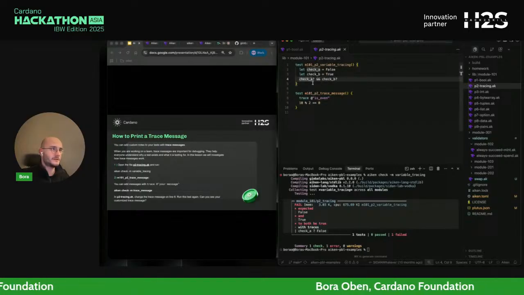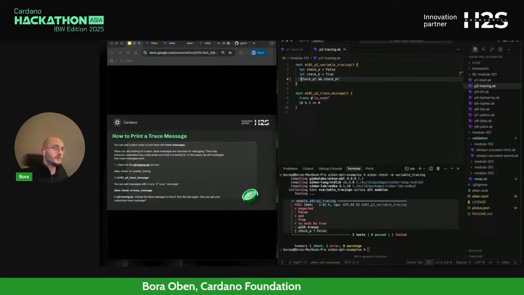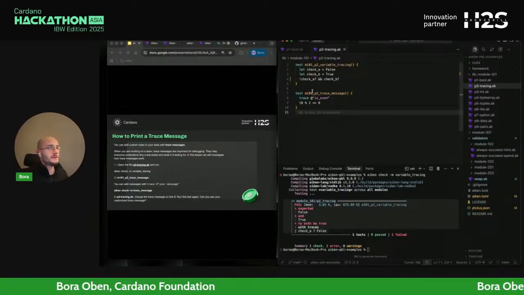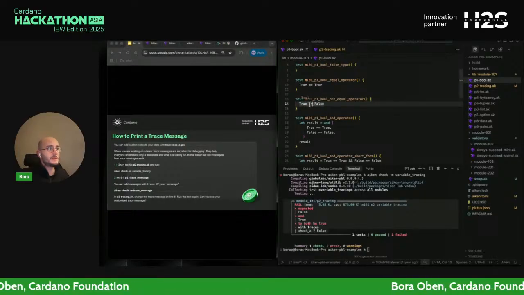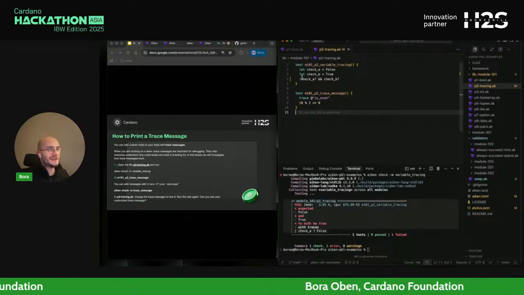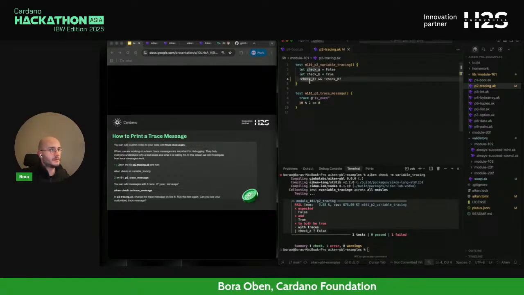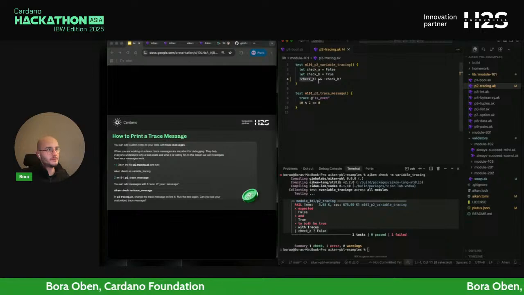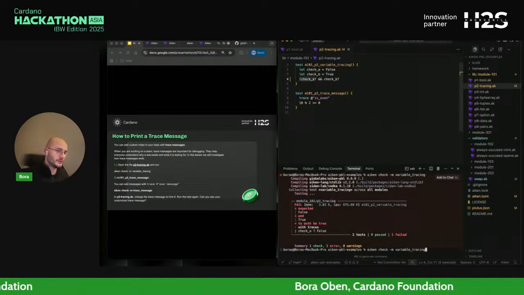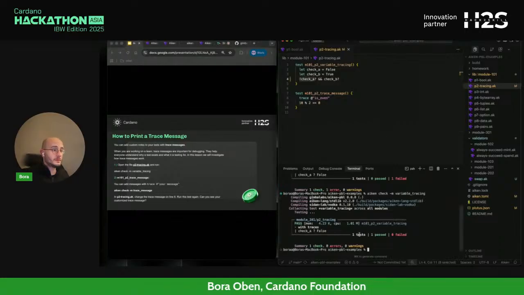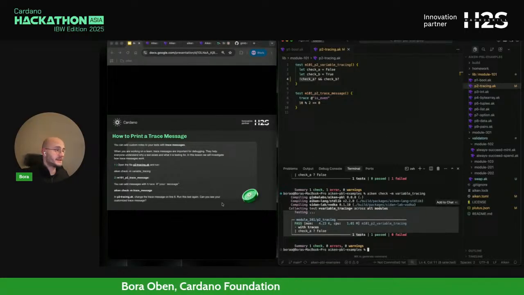It returns false. But if we were to do this, we saw that previously here. This is your negator in a way. So if this was false itself, this is now true. So our statement is true and true. So it should be a passing test now.